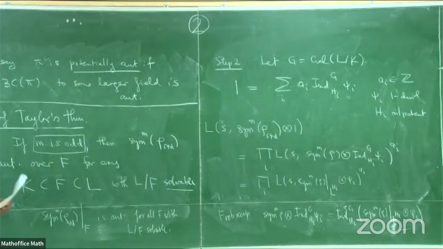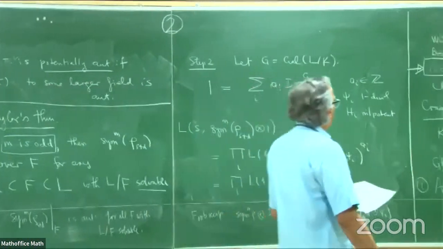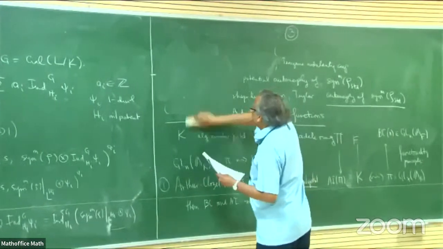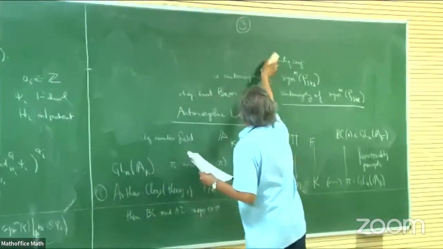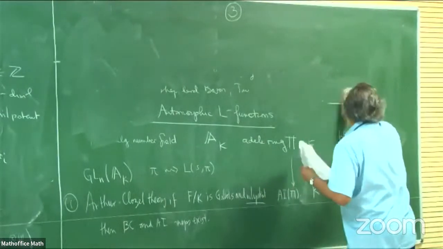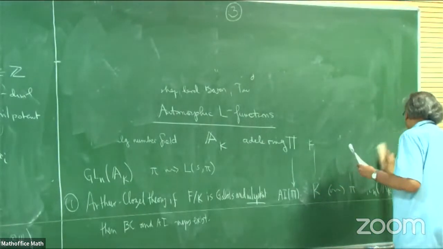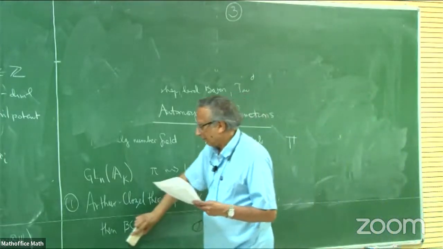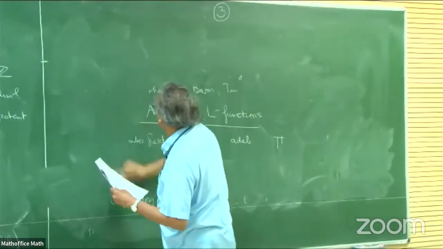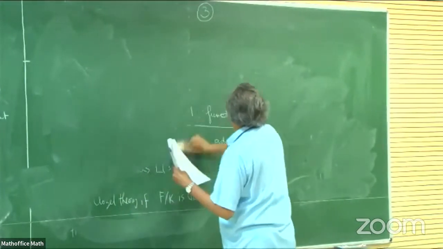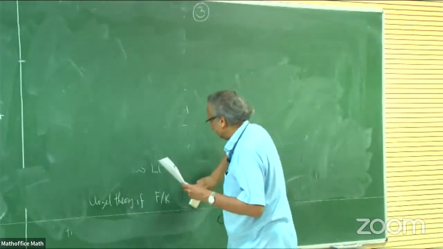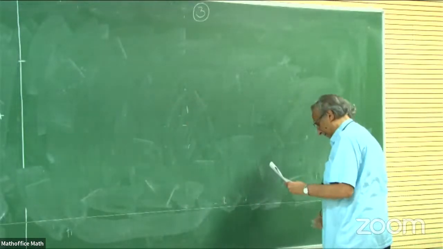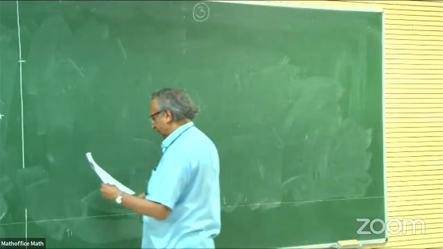The high school algebra trick is a trigonometric identity. Oh, I'm running out of time. So the high school algebra trick is